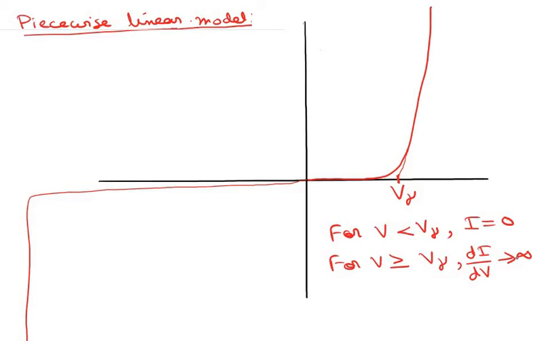So basically this model gives us characteristics like this. For V greater than or equal to V gamma, dI/dV is infinity, which means this is a line with a 90-degree slope. And for V less than V gamma, I is equal to 0. This blue line is known as the piecewise linear model,